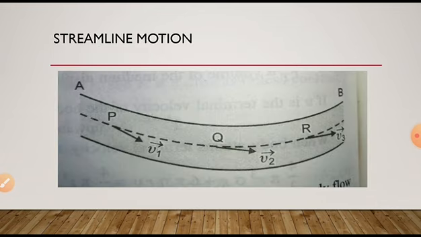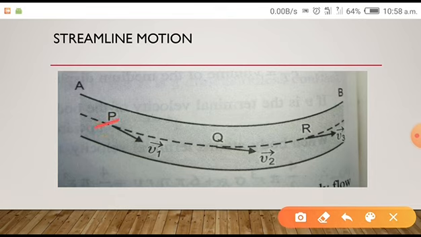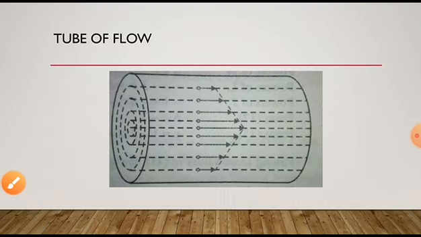Now see the diagram. This is the flow of the liquid, and AB is the upper surface of the liquid, and the points P, Q and R represent points within the liquid, and this represents the velocity gradient of the body. Now see